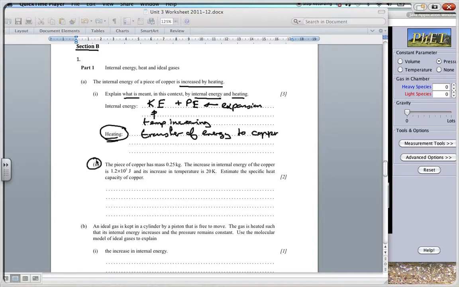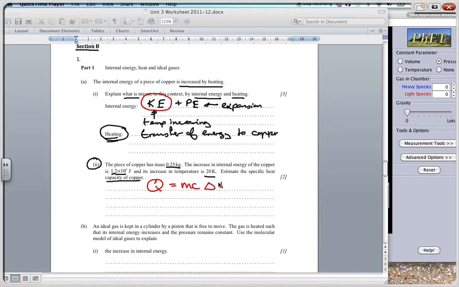Okay, then looking at question 2, the piece of copper has a mass of 0.25 kilograms. The increase in internal energy of the copper is 1.2 times 10 to the 3 joules, and its increase in temperature is 20 Kelvin. Estimate the specific heat capacity of the copper. Now we're assuming that most of the increase here is in the kinetic energy, because although we will get some expansion in the volume, this will be very slight. Most of it will be in the kinetic energy, and so we'll have Q is equal to mc change